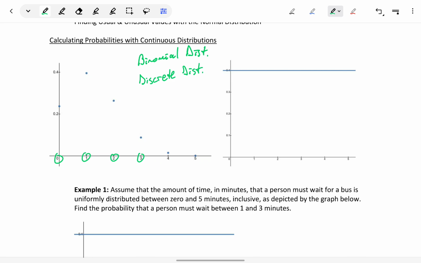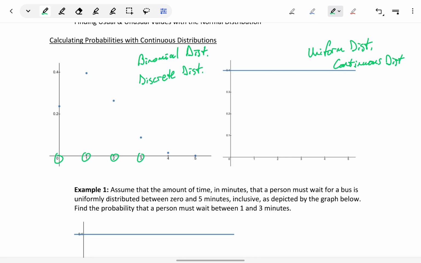Now we want to move into talking about continuous distributions. In particular here, we have what's referred to as a uniform distribution. It's called uniform because the probability of every single outcome occurring is exactly the same. And this is an example of a continuous distribution,